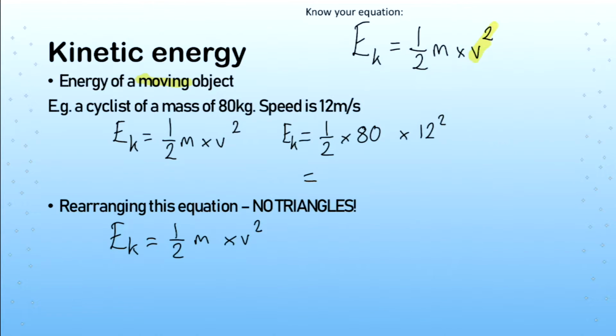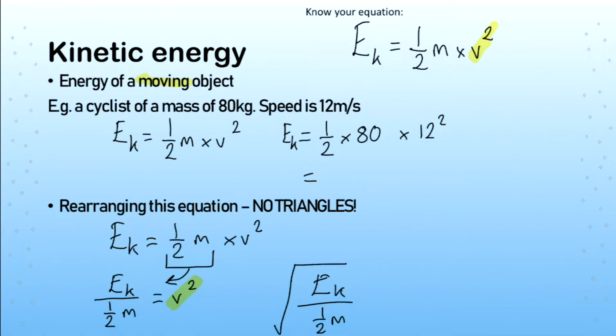we have to move different functions to different sides of the equation. So in this case we want to move the half times mass to the left hand side, so we would do the opposite of its function here, which is divide by. So EK divided by half m equals v squared, but we haven't solved the problem yet because we've still got v squared, so we need to square root both sides, which gives us EK over half m, square rooted,